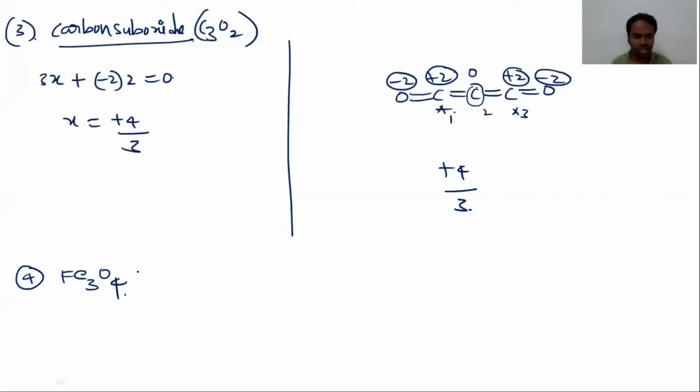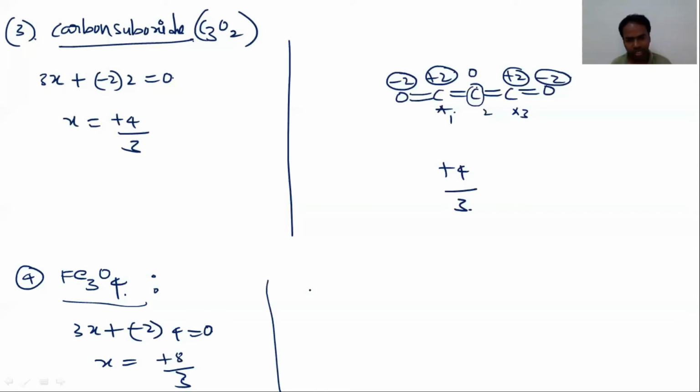Spinel means mixed oxide. There are two types of spinels, inverse spinel and normal spinel. So this is a mixed oxide of both ferrous and ferric ions. Okay. In this Fe3O4, what is the iron oxidation state? In the normal way, 3 iron atoms, 3x, each oxygen is -2, into 4, is equal to 0, then x is equal to plus 8 by 3. Let us see how it is plus 8 by 3.